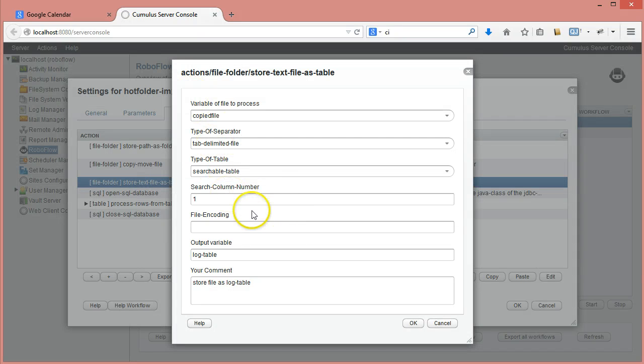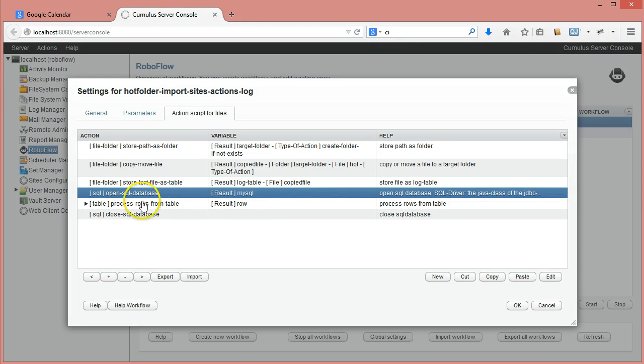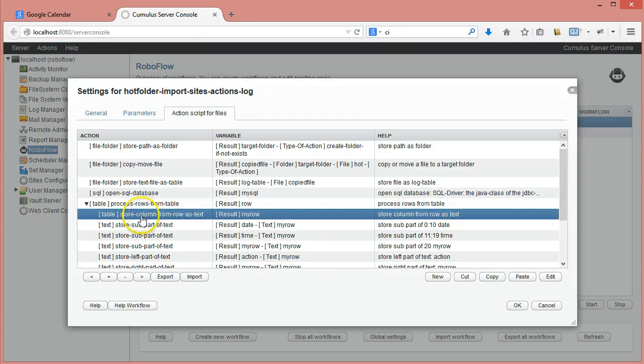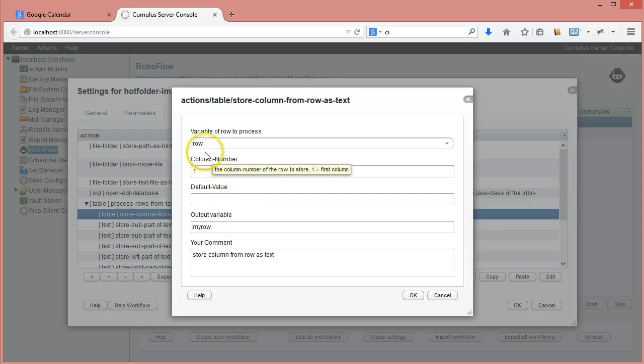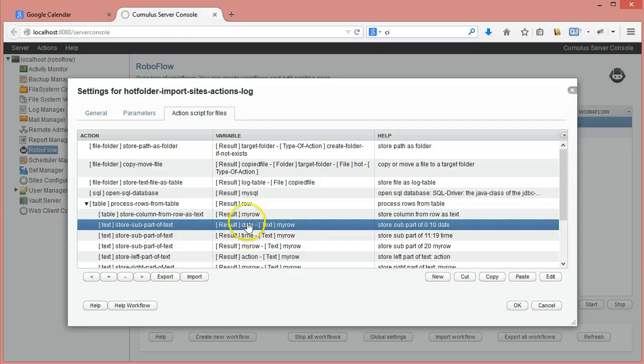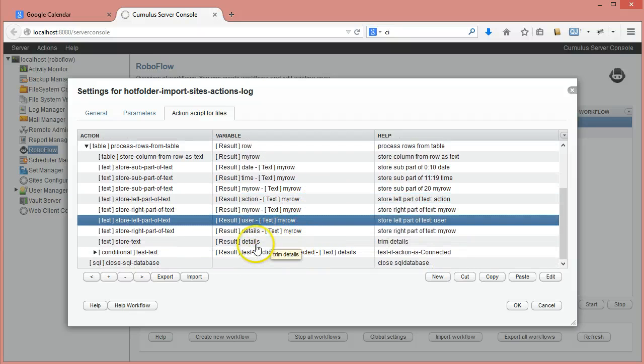It reads that text file, and it stores it in an internal table. And in that internal table, then I open my SQL database, and at that point I process the row. I'm saying give me the first column. Actually this text file has only one column, and I store it as my row, and then I start parsing it. I extract the date, the time, and I extract the action, I extract the user, and I extract the